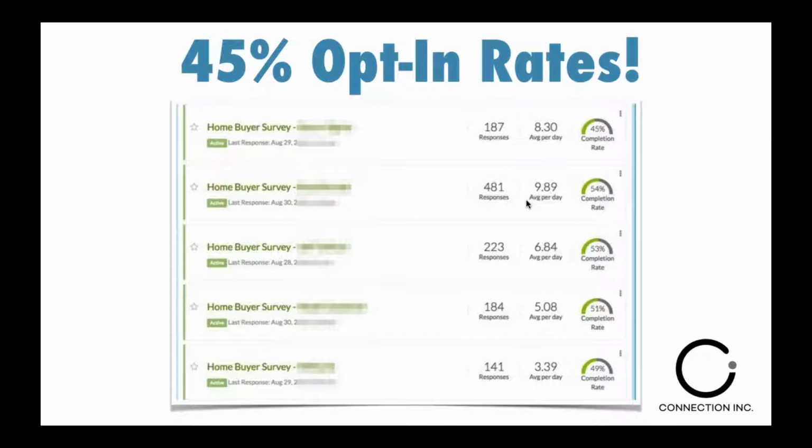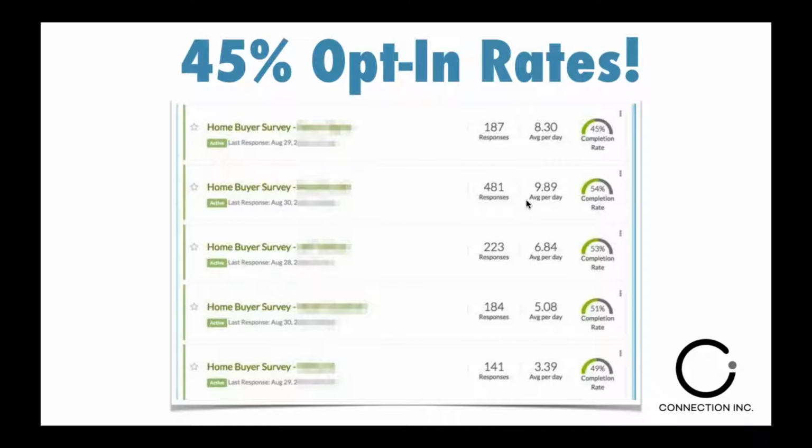So here's a screen capture of just some of the surveys that we have for our active clients right now. These are surveys that we have built for our customers. Each one is a little bit different, depending on the client, but we have a general framework that I'm going to walk you through here today so that you can build your own survey inside Survey Gizmo. But these are the clients that we're managing and the types of results that they're getting.